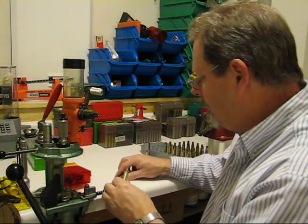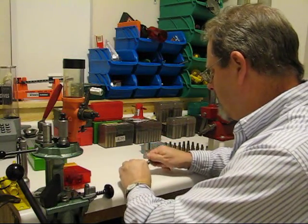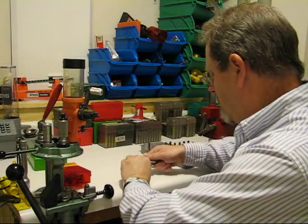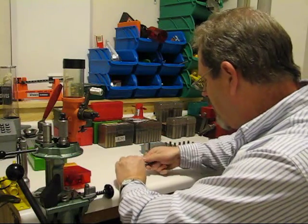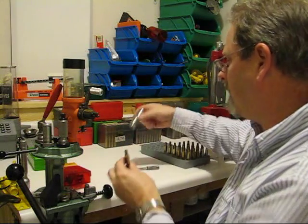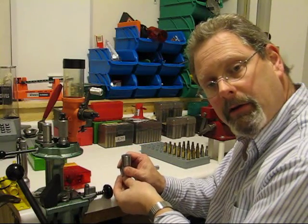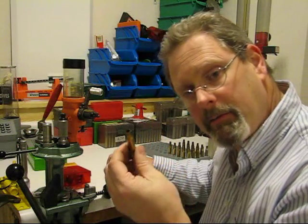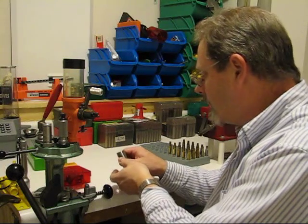The way we would do that is we'll put our trimmer in there, and we just turn it until we're not cutting any more brass. Now when we put it back in the gauge, we are perfect. What we'll do then is we don't have to trim each piece to make sure it's within tolerance. But if it does,